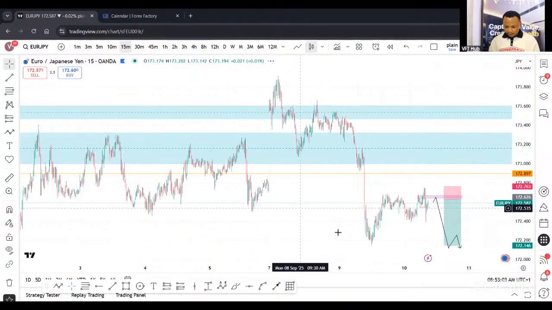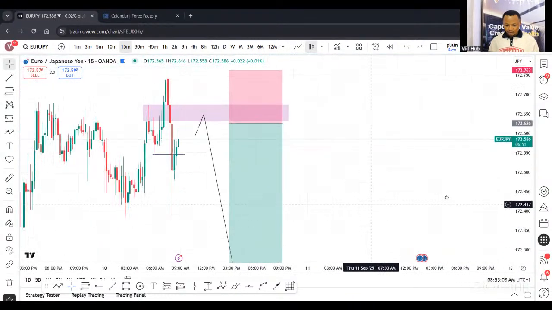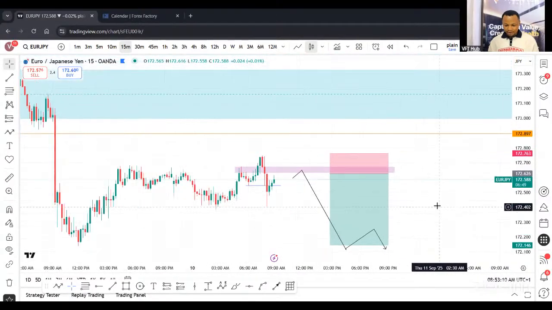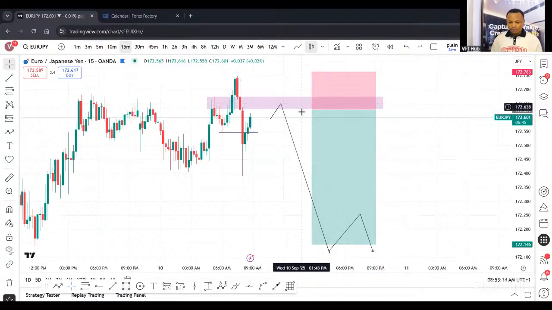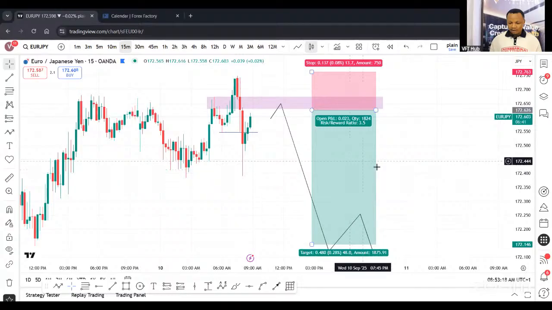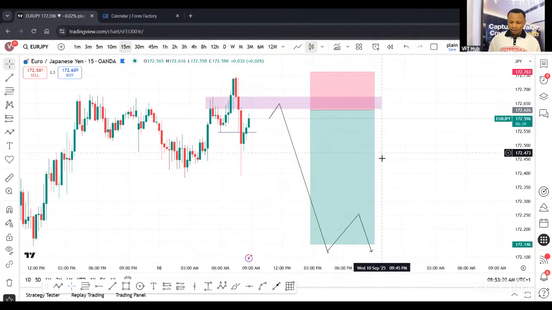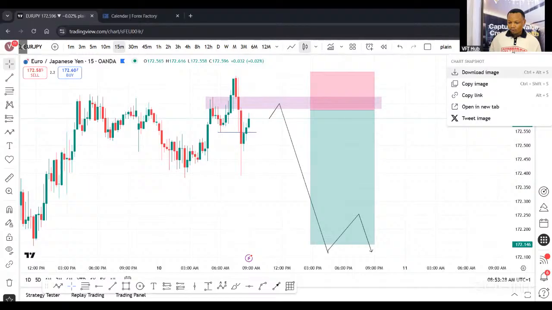Okay, so I'm looking at this immediate low right here, 1:3, and I'm out of this trade. Just a day trading setup. So this is what I'm expecting on Euro JPY. 1:3, once price trades into this fair value gap, I'm executing my sell all the way to the downside, okay? So this is my setup on Euro JPY. You can take advantage of it if it aligns with your own setup.